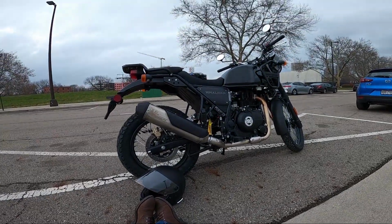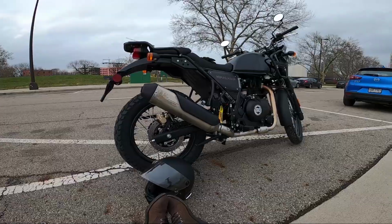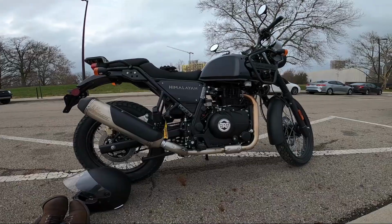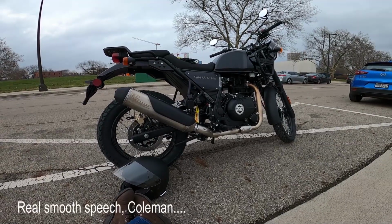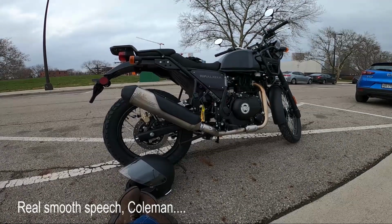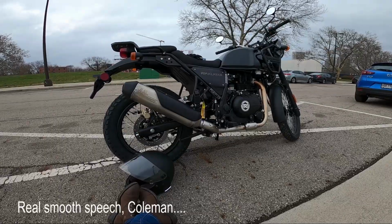Okay, so what are my plans with this motorcycle? This is an ADV type motorcycle, on-road, off-road, a bike that I plan to use off-road but use the road to get there, which I think the Himalayan is perfect for. So that's why I'm buying this motorcycle. I want to be able to ride the roads to go ride off-roads, which I've not really done a whole